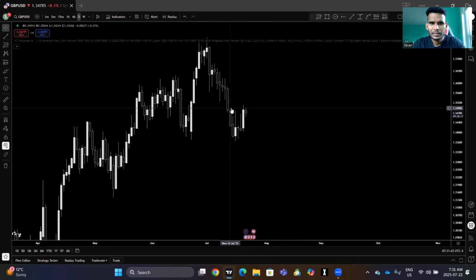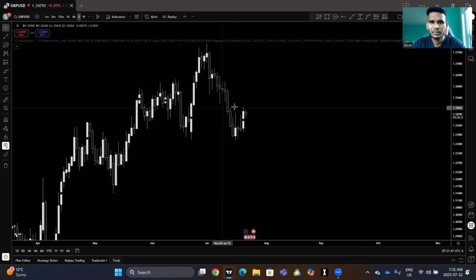this, and this. I identified this fair value gap in daily and a weekly bearish fair value gap inside the whole swing. This is an inversion, and this is a bearish fair value gap formed here in weekly and daily, and these are all the liquidity zones 1, 2, 3. But as soon as it cleared out this liquidity zone, I jumped in and executed big lots. I executed my first lot, and I kept adding positions, managing it in a good way.